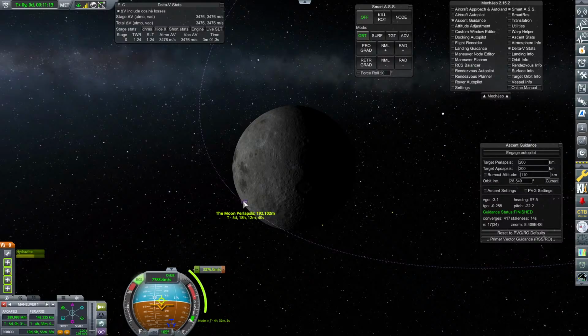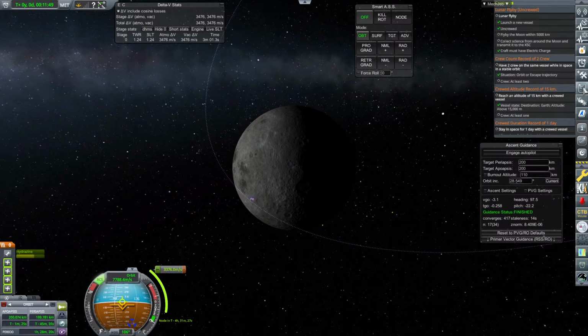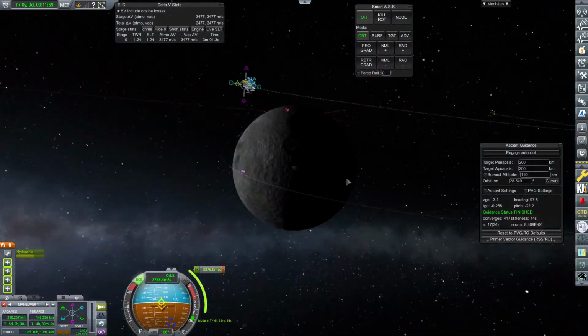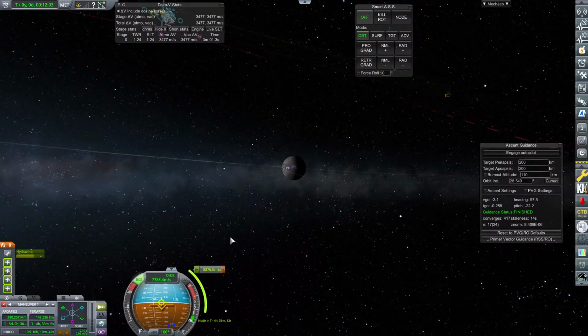That's 192. $64,000. Let's drop that even lower. Whoops. What was the contract for? 5,000 kilometers. I mean, I think that's pretty good. Now, what does that do for...